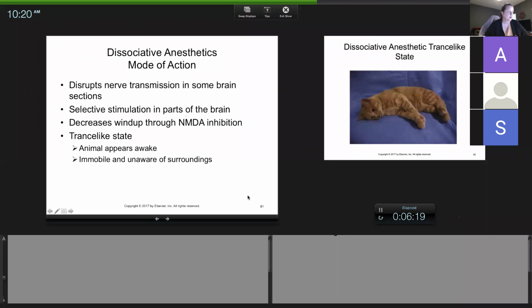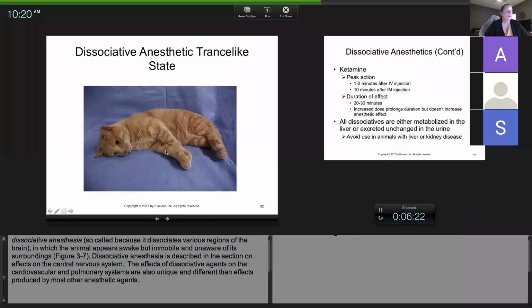their surroundings. So here's a picture of a cat on ketamine. So think about in their head, they may realize they're being groomed. They may realize you're taking x-rays or doing whatever, but they just can't quite react to it. But they have this very bored look, and these legs are usually fairly stiff when they're just on ketamine. With Tilazol, you get more relaxation because it's mixed with zolazepam. So with Tilazol, they should be relaxed, but ketamine,